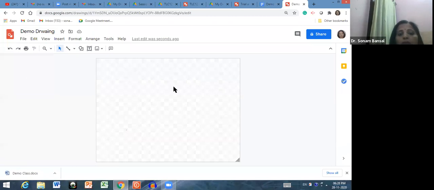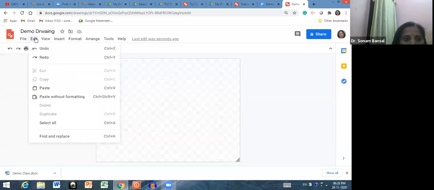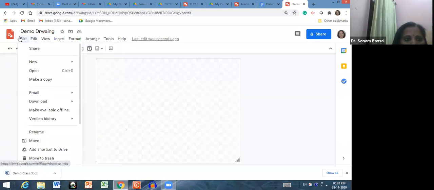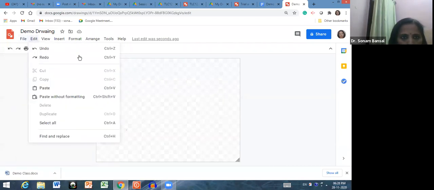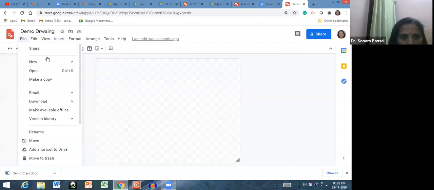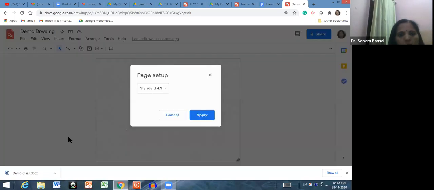Then, first of all, if you want to change the area of this Google Drawing, then what you can do, go to File, go to Page Setup.